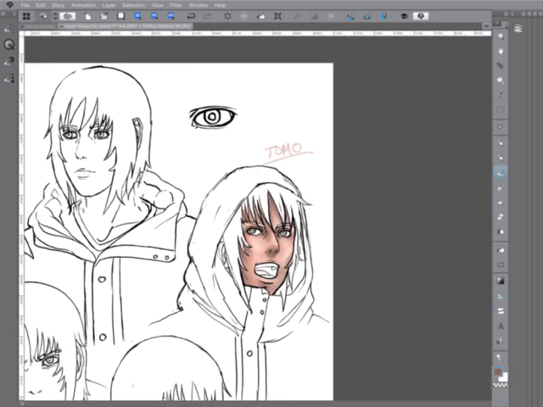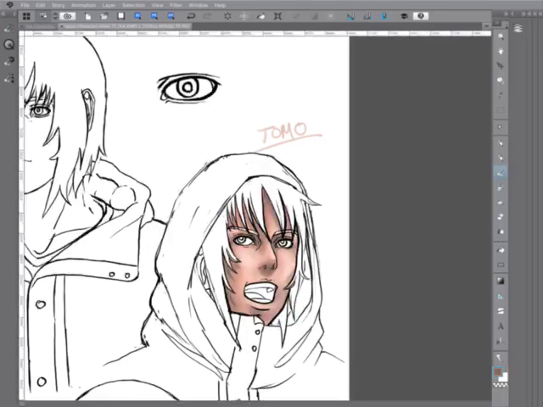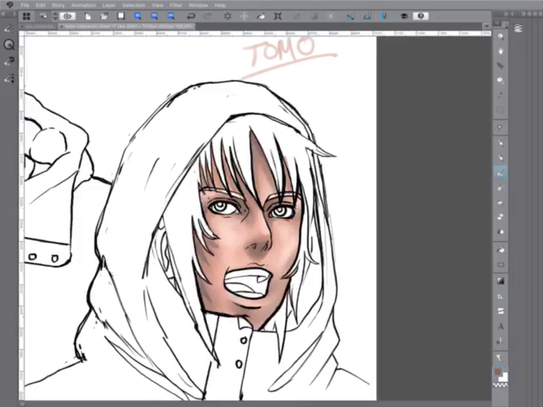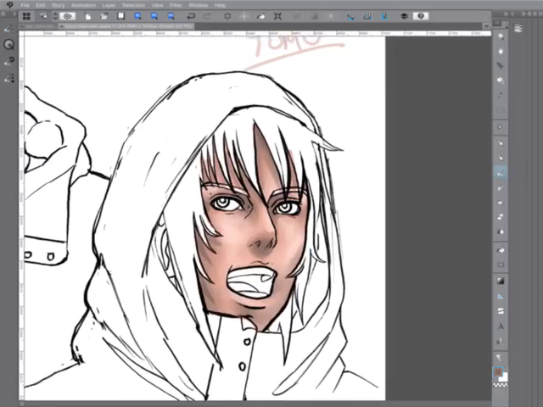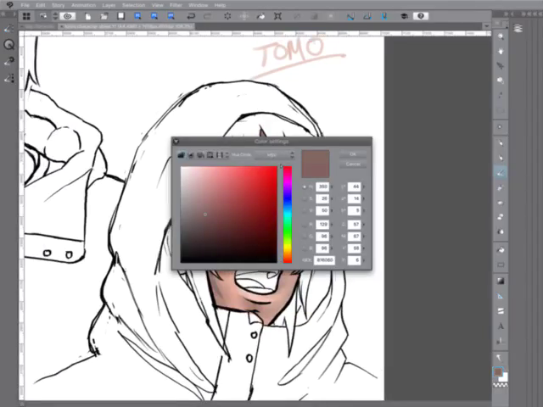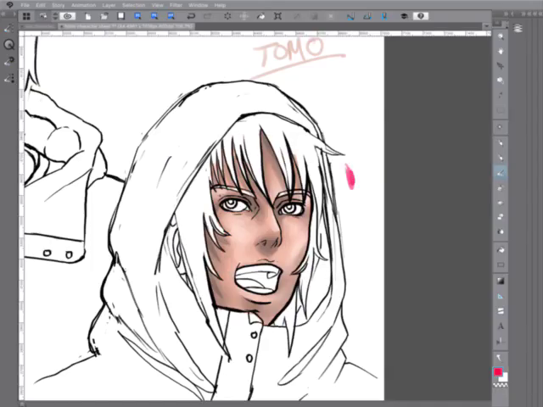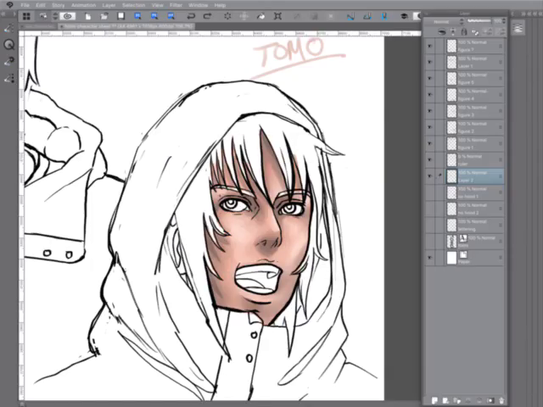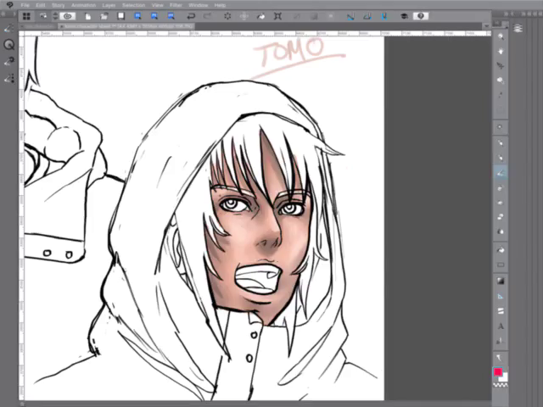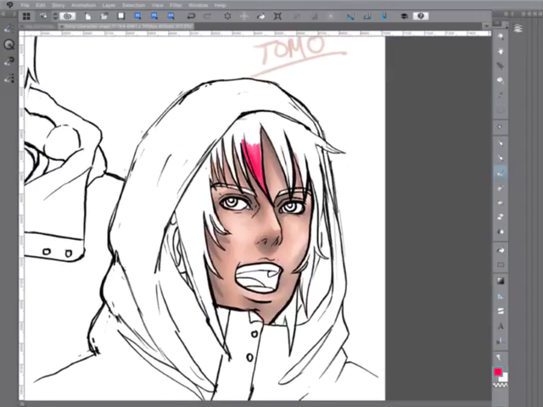Alright, I could keep pushing and pulling this forever. Let's switch out of there and go to a different color. Or a different spot. Hair color. I honestly don't know what to do for this guy. That's like straight up pink. I don't know if it's... Is that too much? I don't know if that's too much. See? Screw it. Let's roll with it and see what happens.